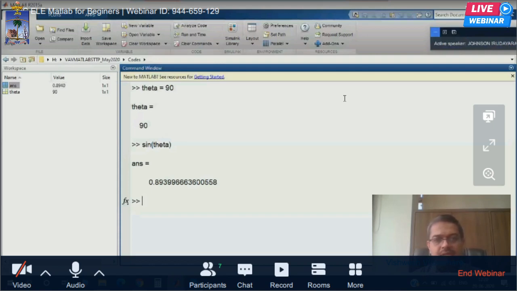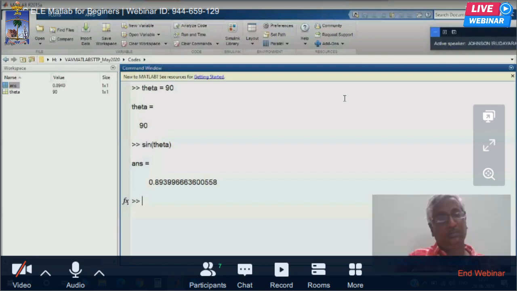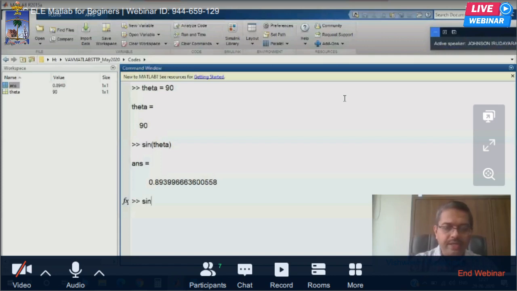So MATLAB's answer differs from what we know, that sine 90 is 1. The conclusion is very simple: MATLAB uses radians by default. So I have to write sin(pi/2). If I write sine of pi by 2, it will give me the answer as 1.